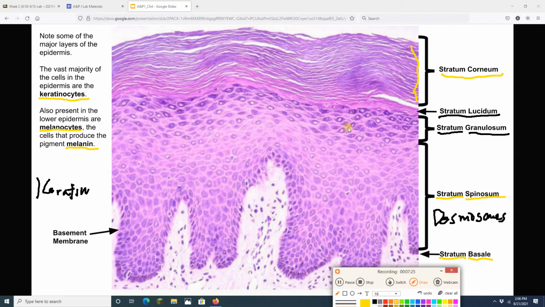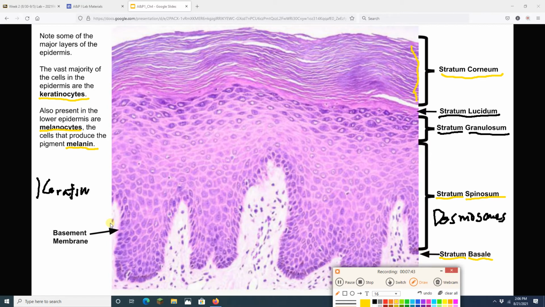All right, so we should be able to recognize this as epidermis. We should be able to recognize each of these sublayers in it. We should note these cells are keratinocytes. We're not going to see it, but we should know that there are going to be melanocytes in here and